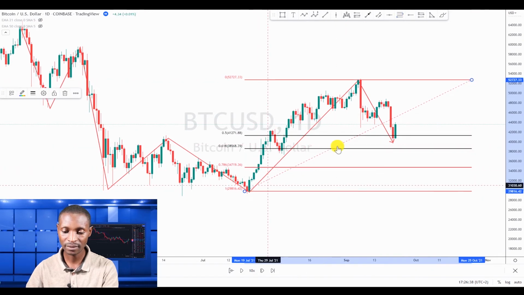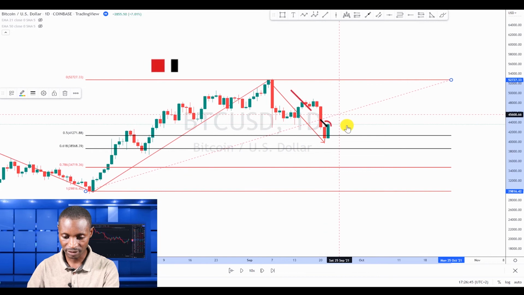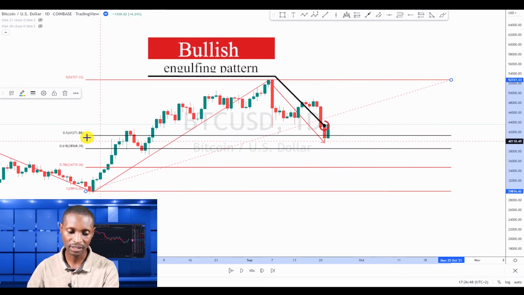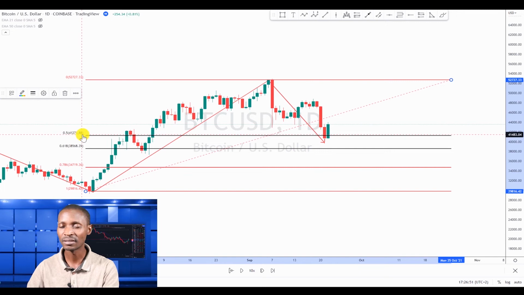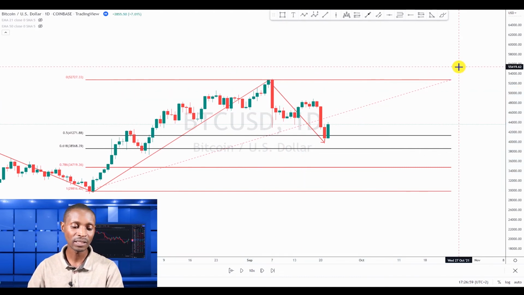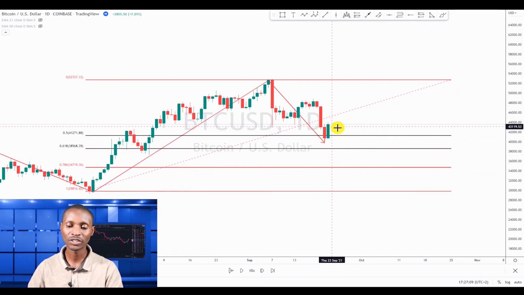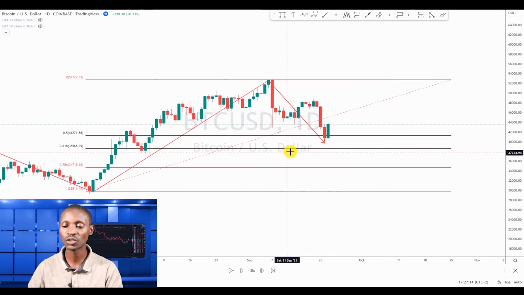tool on this initial impulsive move, and you see that the market has formed a bullish engulfing candlestick pattern at the 50% Fibonacci retracement level of this impulsive move. The 50% Fibonacci retracement level is one of the golden Fibonacci retracement levels. Once it is combined with a bullish engulfing candlestick pattern here, it can give you enormous money in a financial